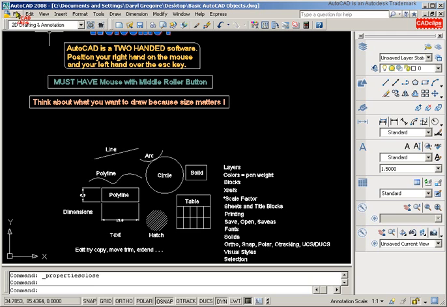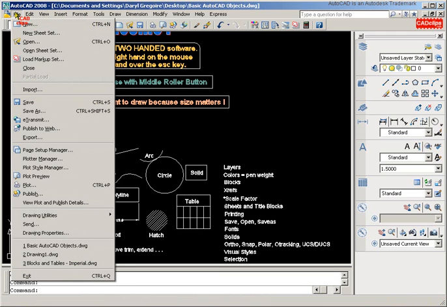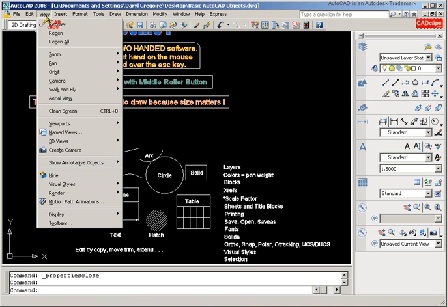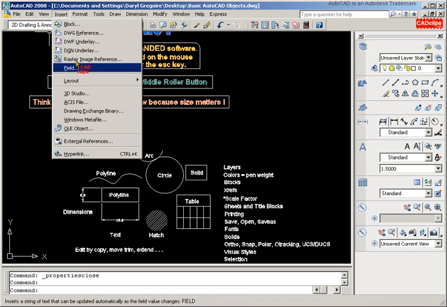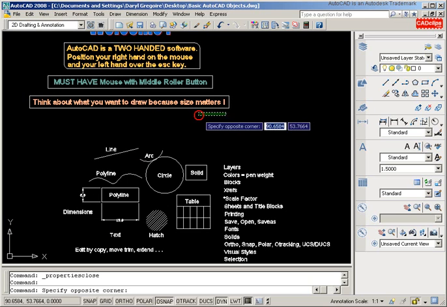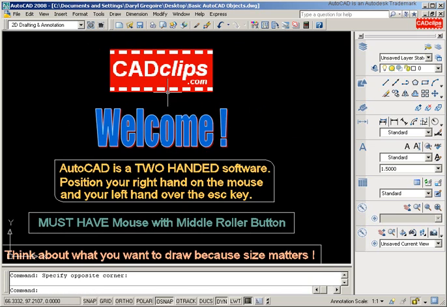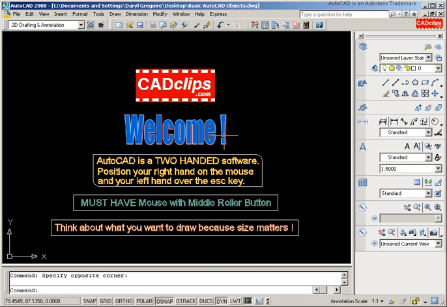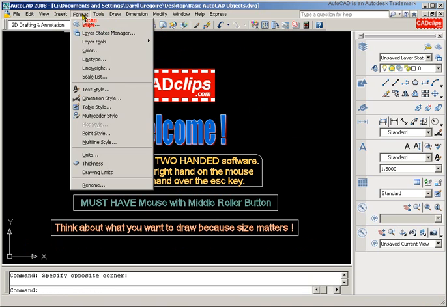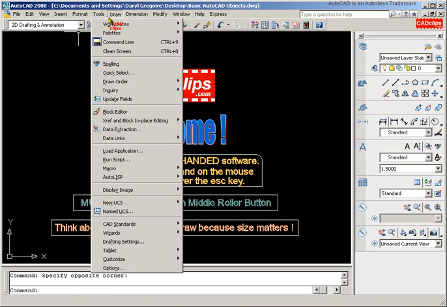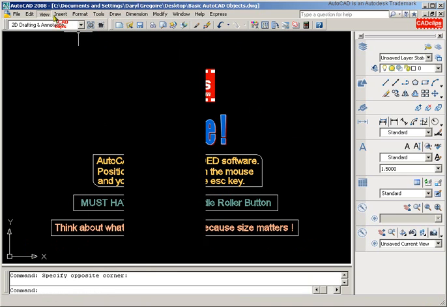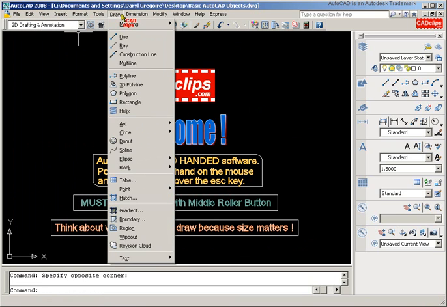And of course we have all of our pull down menus over here. File, Edit, View, Insert raster images, okay, which is what I did over here to get these two guys inside. The welcome logo and the CAD clips were just pasted in raster images. Insert, we have Format, Tools, Draw, okay. A lot of the stuff that's in these pull downs is also included in regular toolbars and in our dashboards,